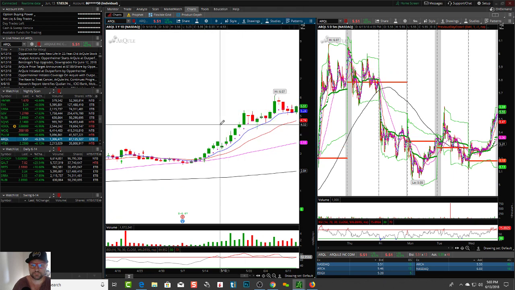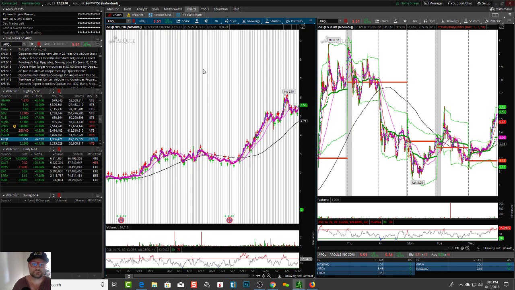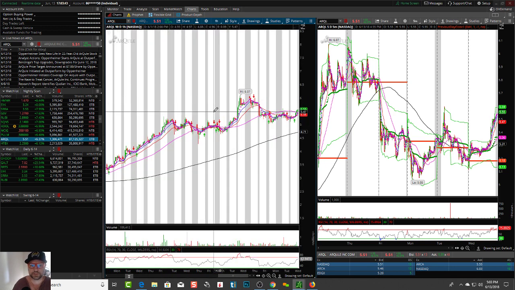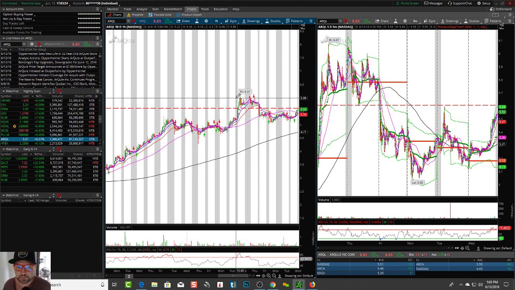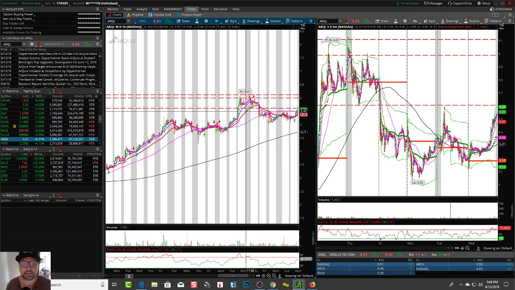So this is one to keep an eye on. See if it can break that 558 marker. You can see a double bottom. If it breaks above 558, then you can see resistance between 6 and 607. So you have a good potential 40 cents to move off of a pattern of a double bottom. These are the things I like to see: patterns, breakout over a pattern, room to run.